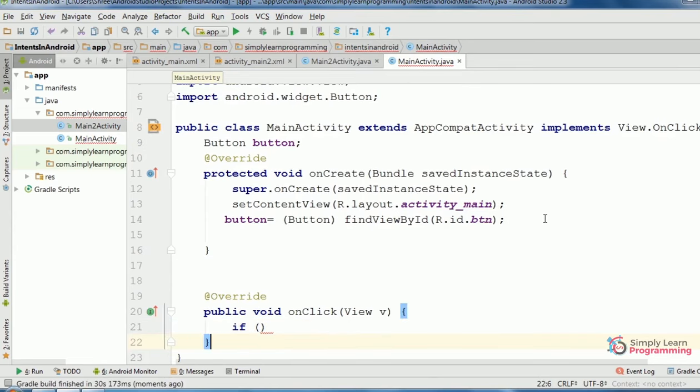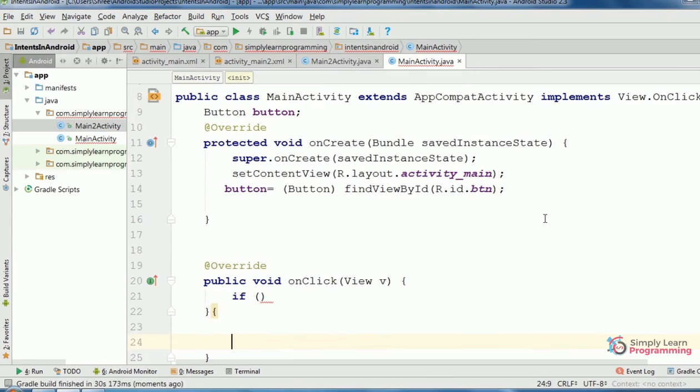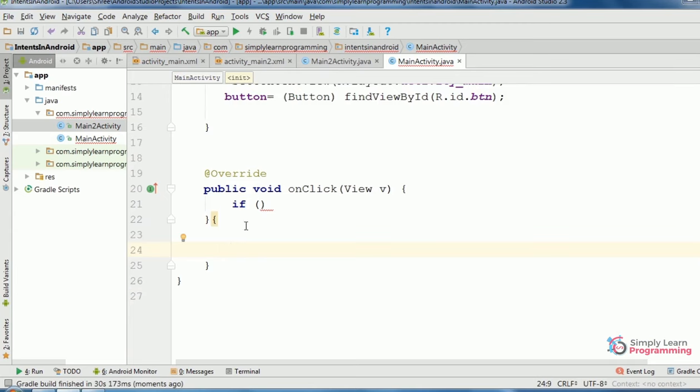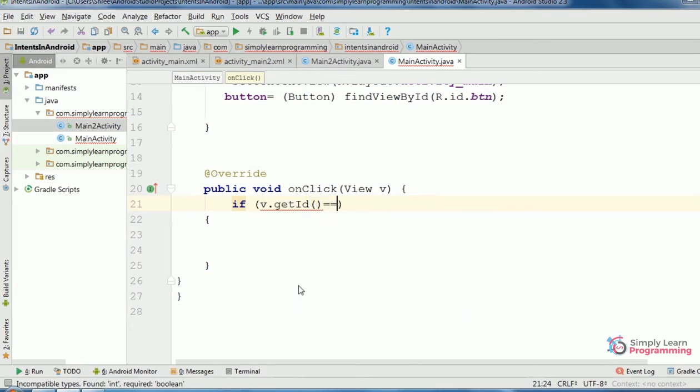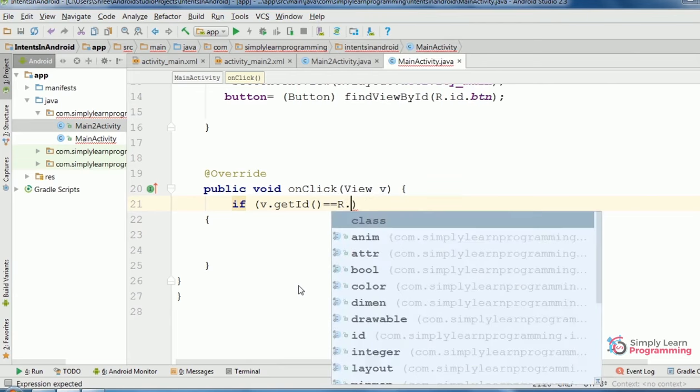Now we add an if condition. In that we add v.getId is equal to R.id.btn, the id of that particular button.